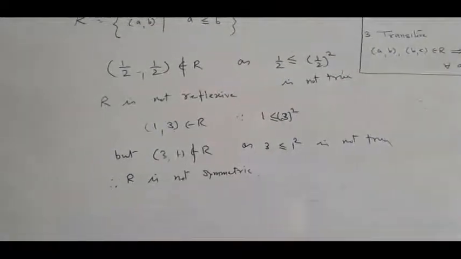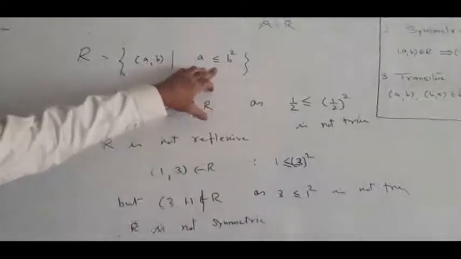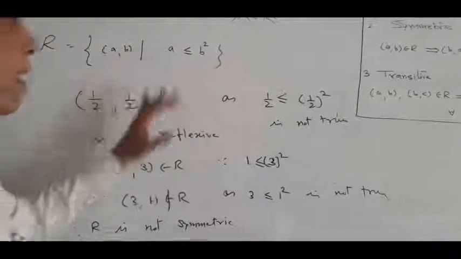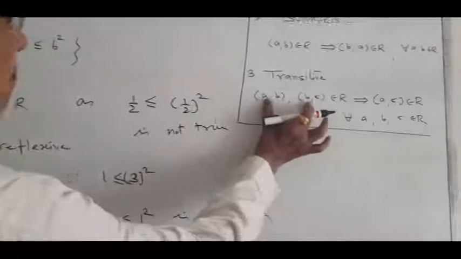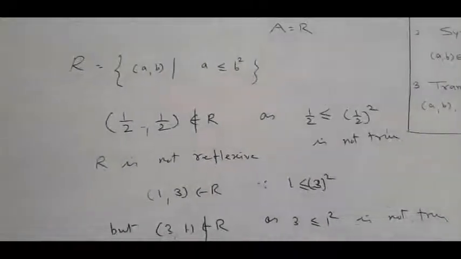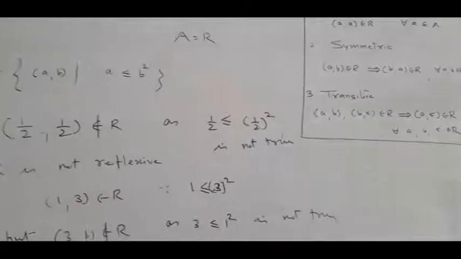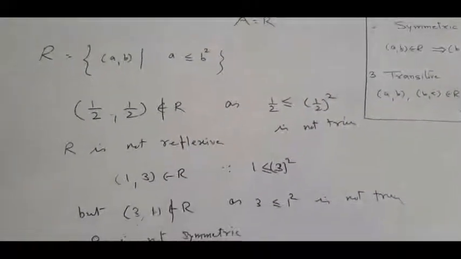Now we want to think about transitivity, right? For transitivity, we have to find two ordered pairs such that for every such two ordered pairs, (a, c) should belong to R. When it is not transitive, we find two ordered pairs where (a, c) does not belong to R. Now here I will take one ordered pair.